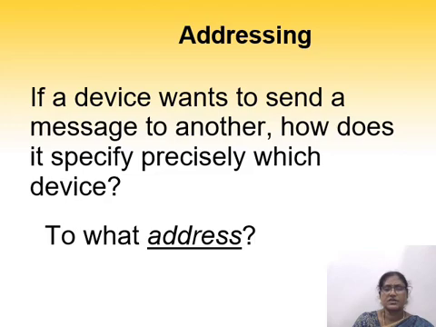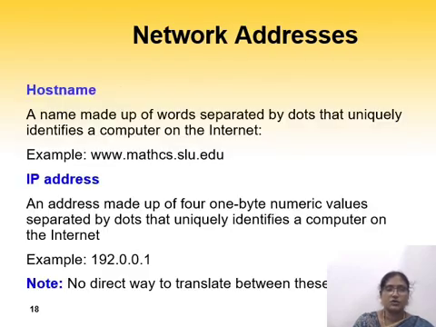Addressing: which address is used as source or destination in a computer network, and to what address? These are all decided using these terms. The host name: a name made up of words separated by dots that uniquely identifies a computer on the network. Example: www.mathcs.slu.edu. IP address: an address made up of four 1-byte numeric values separated by dots that uniquely identifies a computer on the internet. As an example, we can see 192.0.0